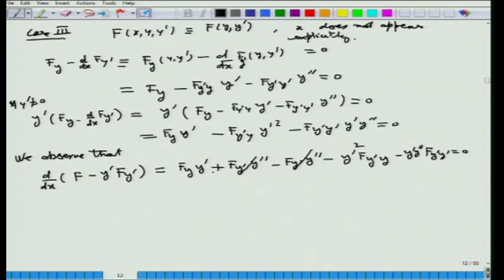Let us say this is 9.3 and this is 9.4. So, from 9.3 and 9.4 we see that